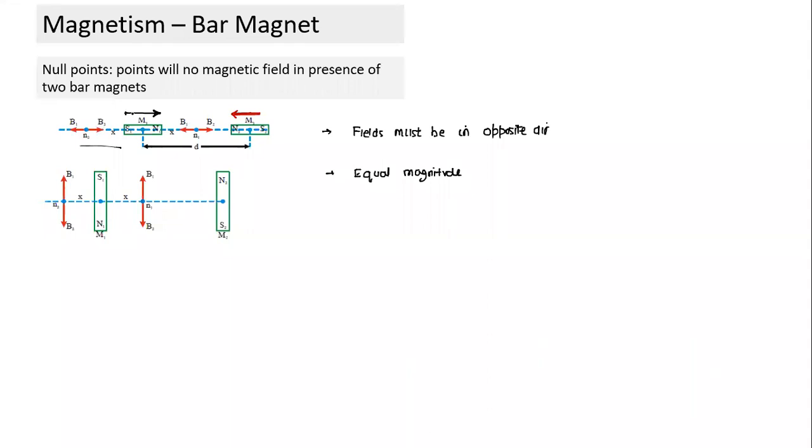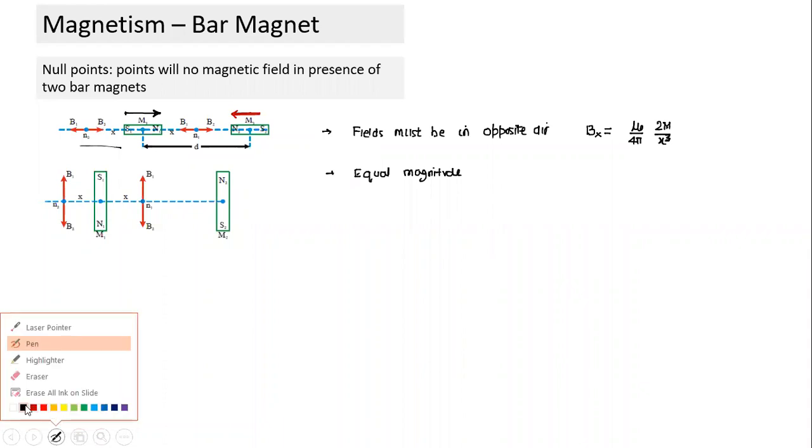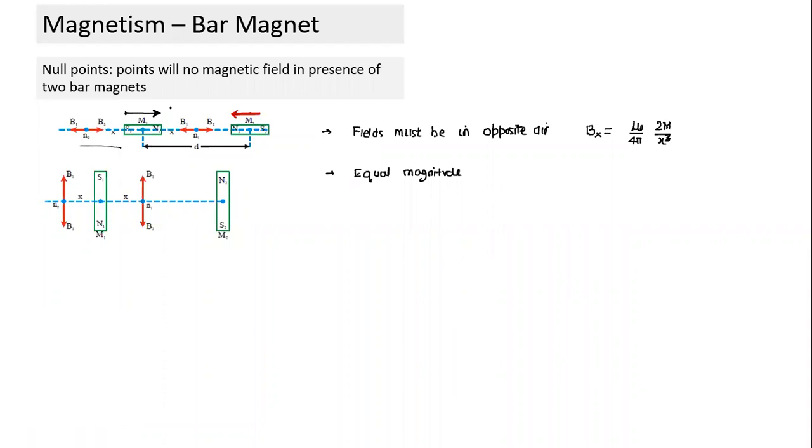This is an important point you need to understand. All the points we are talking about are on the axis of the dipole. This is based on the formula: magnetic field on the axis of a dipole is equal to mu naught by 4 pi into 2m divided by x cube. But the important point is direction. So what is the direction of field due to M1? Everywhere on the axis, the direction of field is the same as the direction of the dipole. That's an important point we need to keep in mind. So this is the direction of field due to M1, and everywhere this is the direction of the dipole.